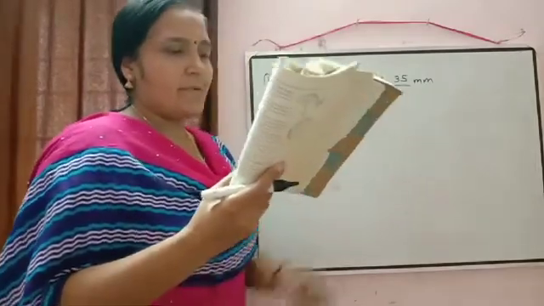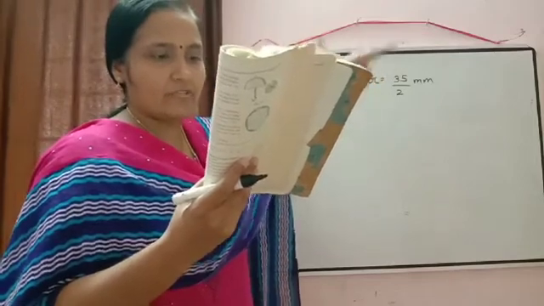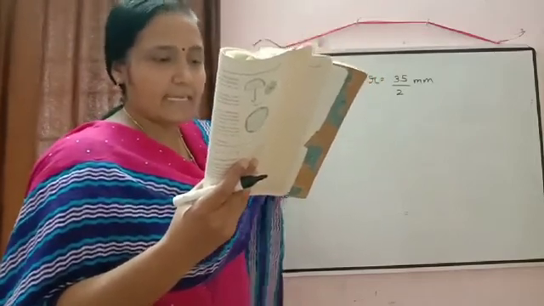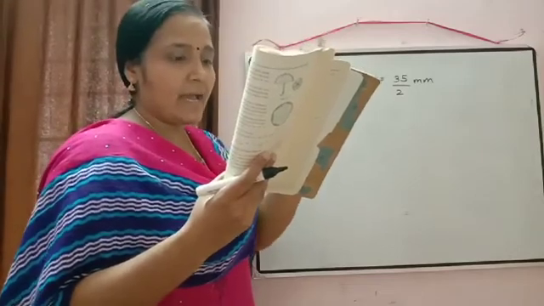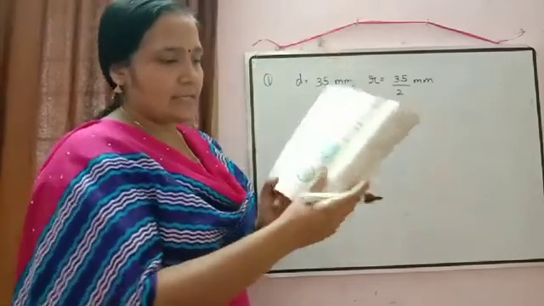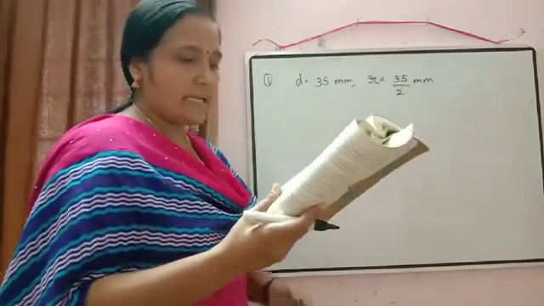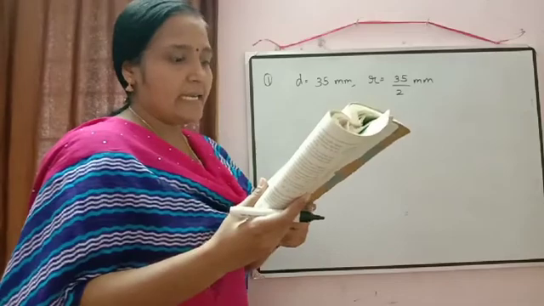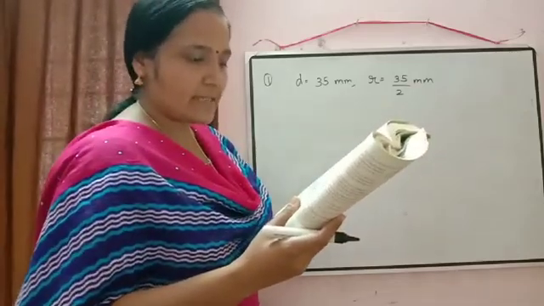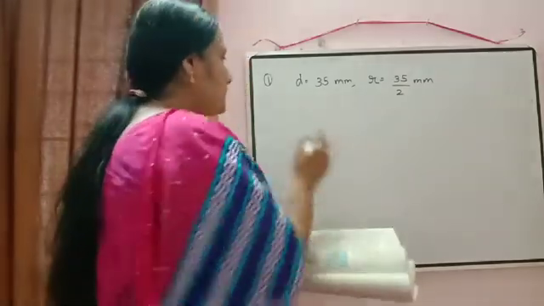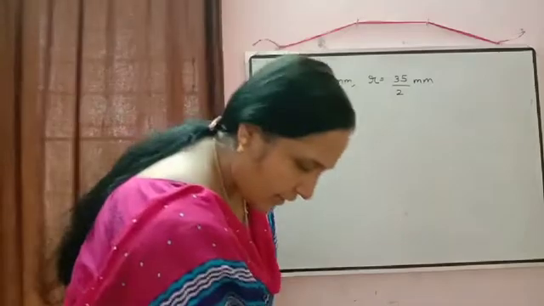So first, a brooch is made with silver wire in the form of a circle. So we used the wire to make a circle. Also, the wire is used in making 5 diameters. So you can check here, 5 diameters are there in the question, which divide the circle into 10 equal sectors. Find the total length of the silver wire used. So first question is, find the total length of the silver wire used.